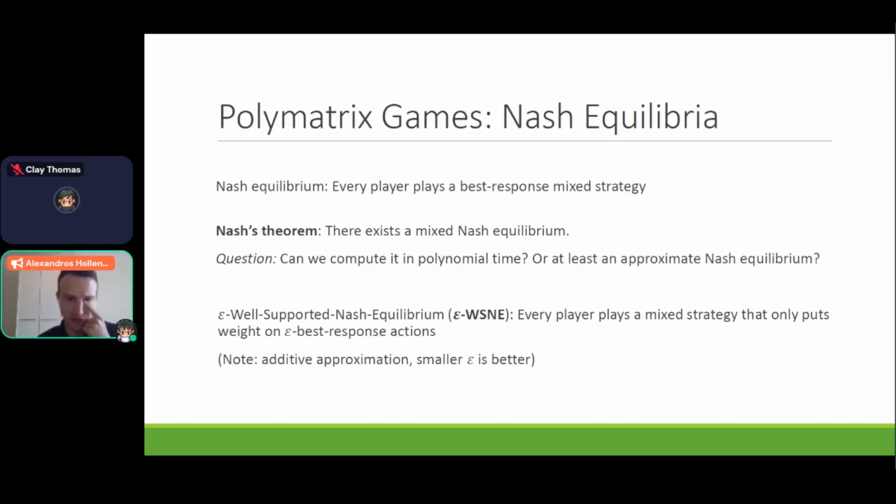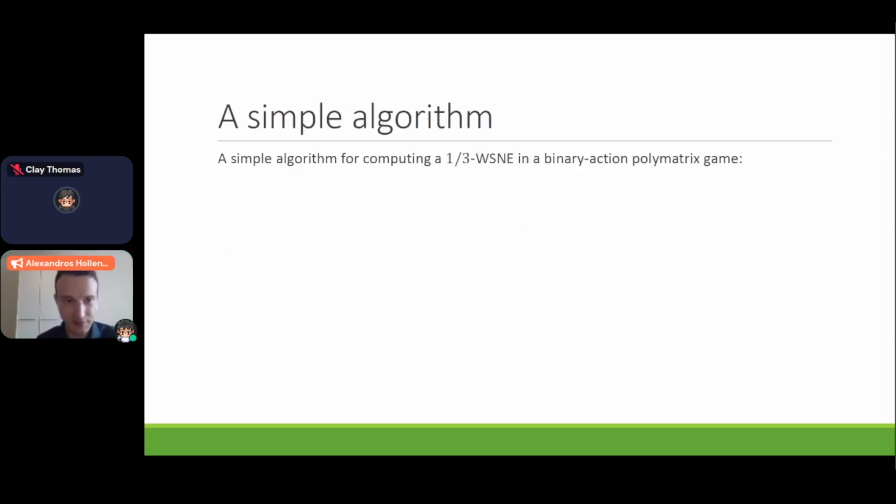And I just want to mention that this is an additive approximation notion. We should think of this epsilon as being between 0 and 1. 0 means you have an exact Nash equilibrium, and epsilon equals 1 means you don't do anything. It's trivial, any strategy profile is a 1 well-supported Nash equilibrium. Okay, so we're interested in getting something for small epsilon if you're thinking about a good algorithm. And if you're thinking about showing a good hardness result, then you wouldn't show it for a big epsilon.